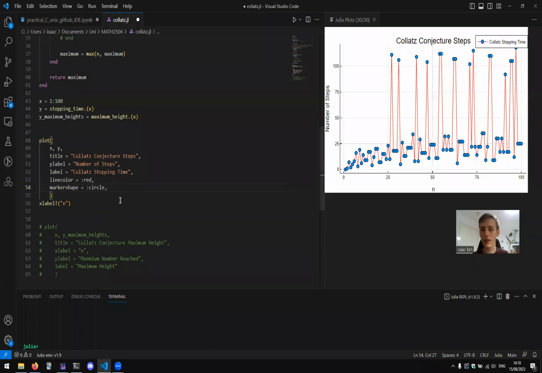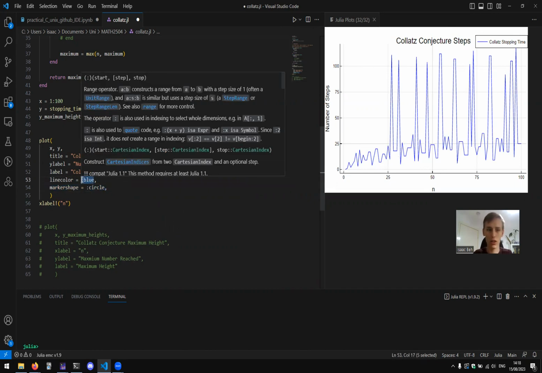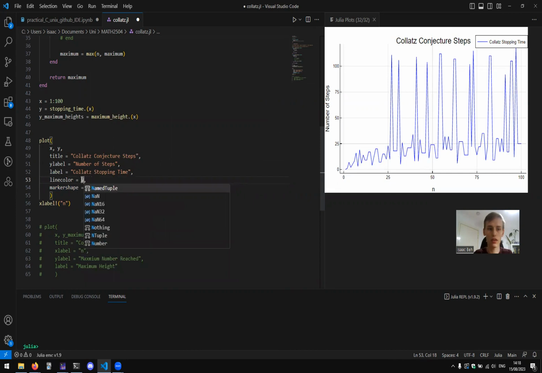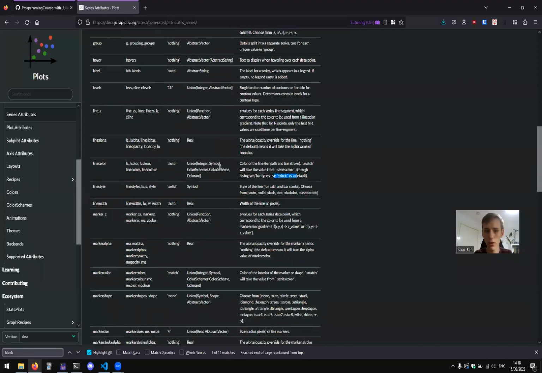So going back, that's pretty much all I wanted to show you about doing graphs. It does take a little bit of effort to make nice graphs. You probably wouldn't want something like this. We might change the line color back to blue and see that this makes a lot more sense. I don't actually think that we should have our markers on here, and we get a nice plot. Maybe, if anything, we should change this to, what do they say for the line color? We can set it